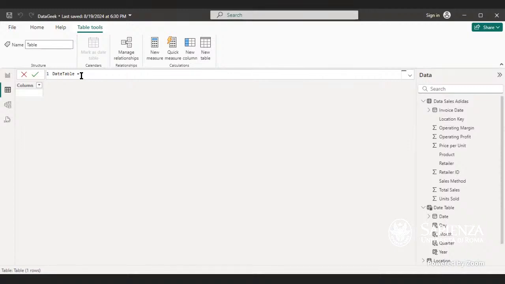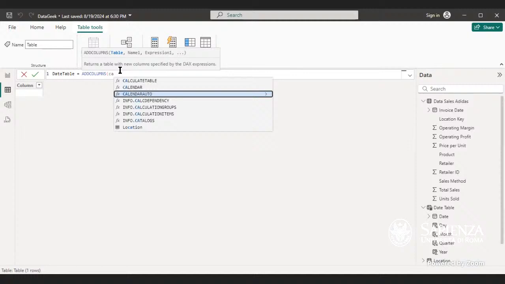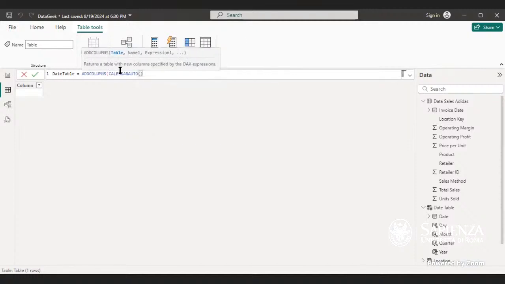Instead of writing, when I wanted to start, I wrote calendar auto straightforward, but that's not what I'm going to do right now. I'm just going to add columns. If you look at the parameters, we will see that it shows table. What table do I want? So I'll do calendar auto, then I enclose it, I put comma. Then after that, once I write it with comma, I'm going to have the name of this thing, because I want to start with the month. So I'm just going to put month